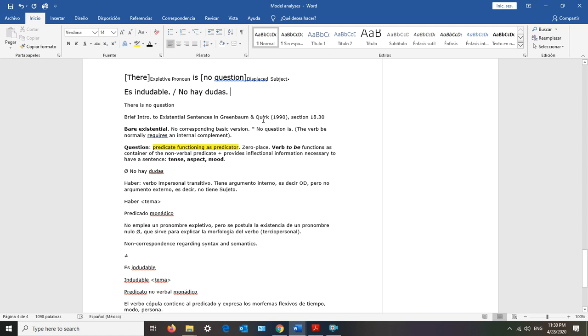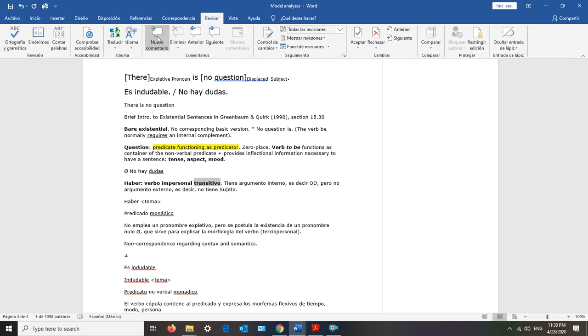Now, with no hay dudas, I will begin with this option in Spanish. What we have, in fact, is the verb haber. Haber as verbo impersonal transitivo. But it is transitivo. This label indicates that there must be a direct object involved. If we go to RAE,